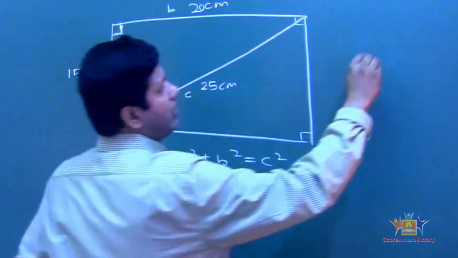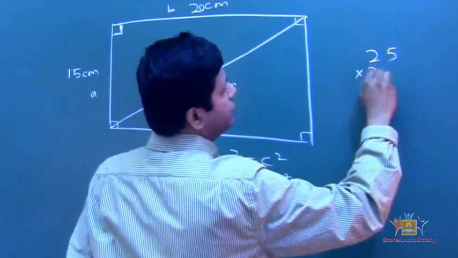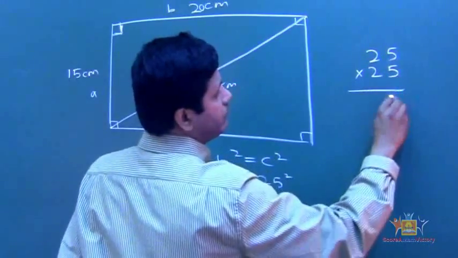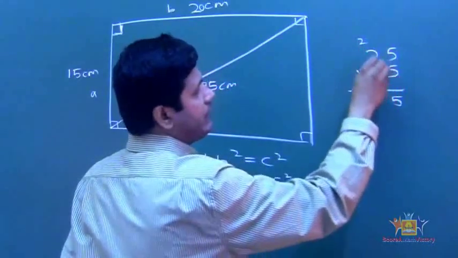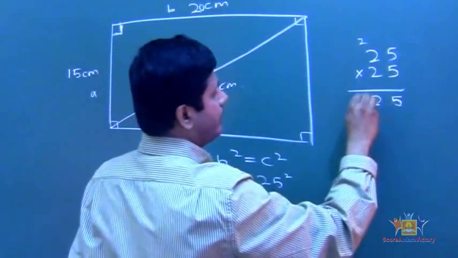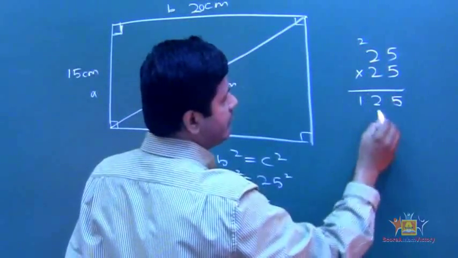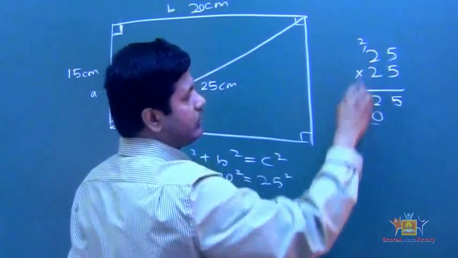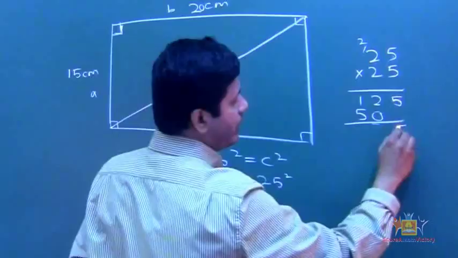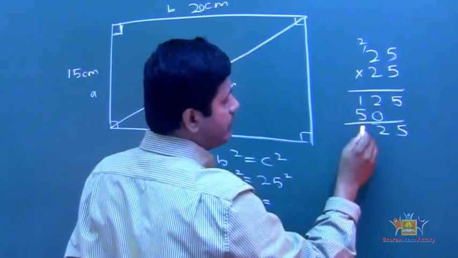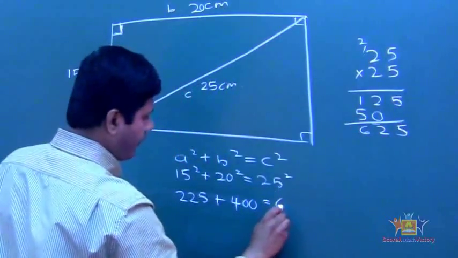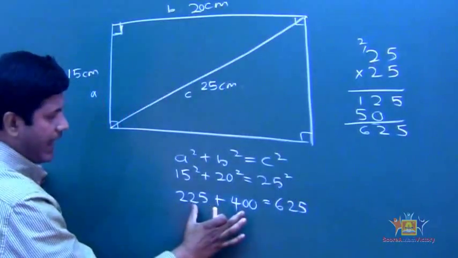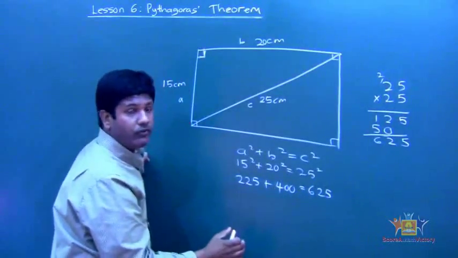Okay, let's use the long multiplication. 25 times 25. 5 times 5 is 25. 5 carry 2. 5 times 2 is 10, plus 2 is 12. And we're going to multiply with the 2 here. We're going to start right there. 2 times 5 is 10. 0 carry 1. 2 times 2 is 4, plus 1 is 5. And that makes it 5, 2, 1 plus 5 is 6. So 625. So we want to see if when I add this, it must give me 625 in order for this